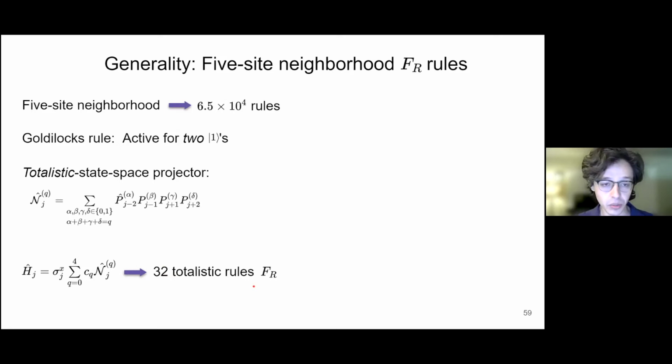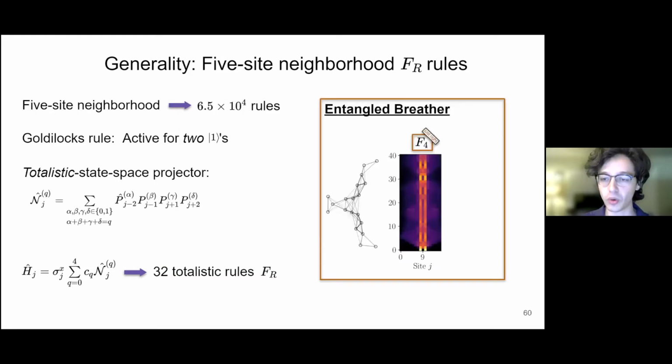But of course, we're going to be interested, at least initially, in that Goldilocks rule, which in this numbering scheme is called F4. And I'll show a few of its dynamics here. Its network structure is reminiscent of Rule 6. It has these very interesting clusters of 3 groups of nodes here. It has persistent dynamics, and it interestingly is pretty well localized in the center. Now, because it activates a site for 2 ones, the initial condition here is 1, 0, 1 in the center.